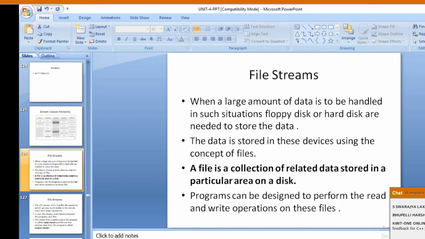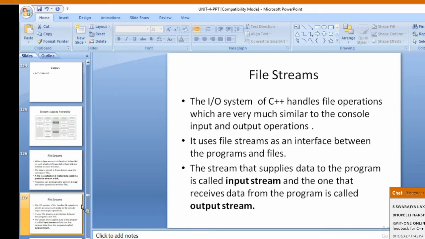Whenever you want to apply the concept of files, we have to retrieve that particular data from the disk and perform the operation, either read as well as write, input or output.